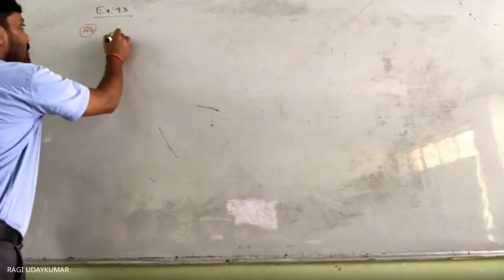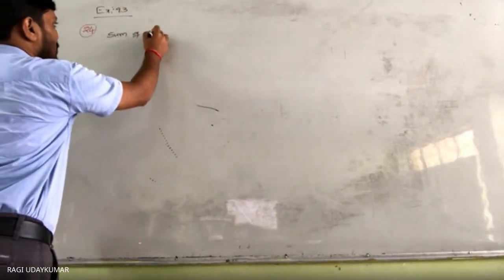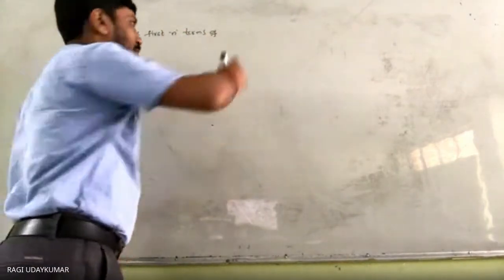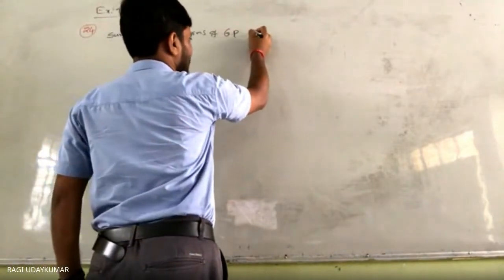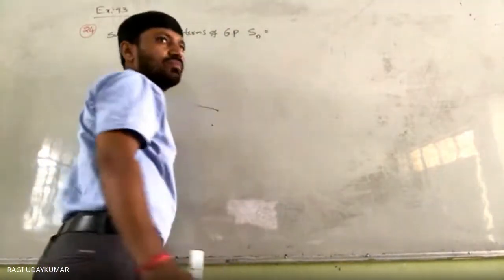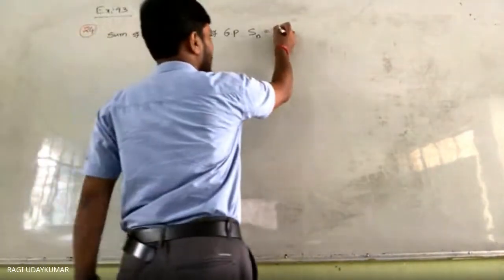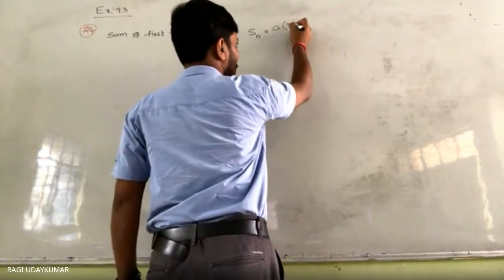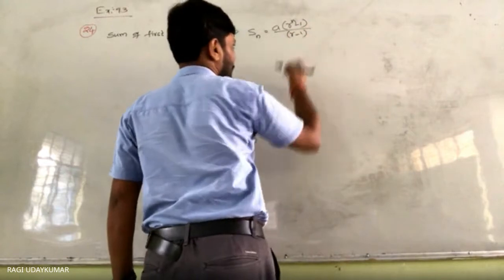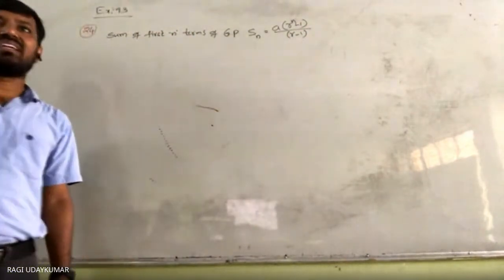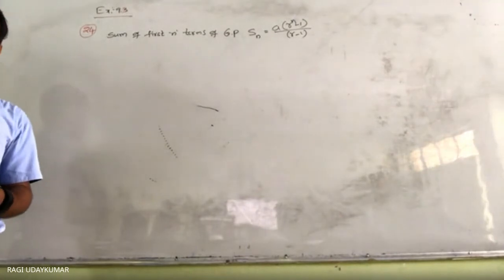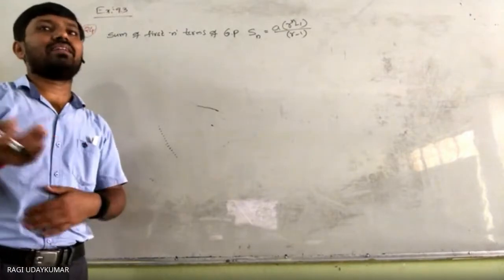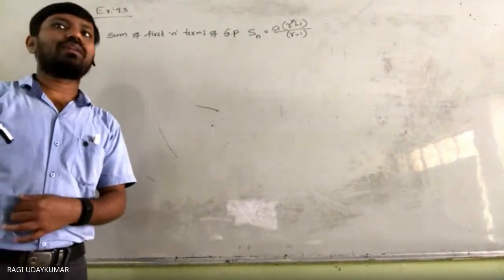So the sum of the first n terms of a geometric progression, that is Sn, you consider here. First term is A, usually A into r to the power of n minus 1 by r minus 1, or 1 minus r to the power of n by 1 minus r. Depending upon the r value. As it is not mentioned, generally the progression is divided.